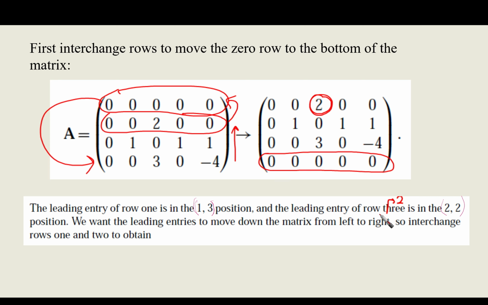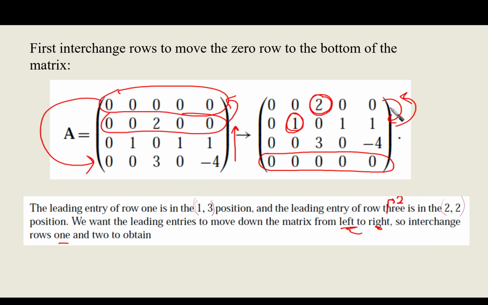And the leading entry of row 2 is in the 2, 2 position. Do you remember the rules or the conditions? This is not good. It is better to interchange these 2 rows. This should be in the first row, this in the second row. We want the leading entries to move down the matrix from left to right. That's right. So interchange rows 1 and 2 to obtain